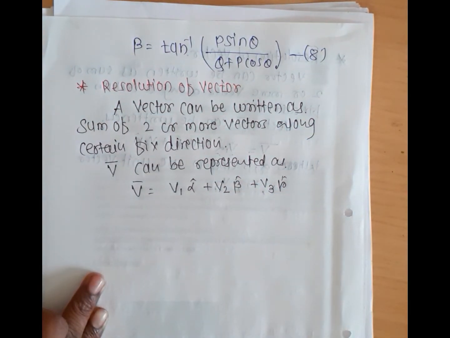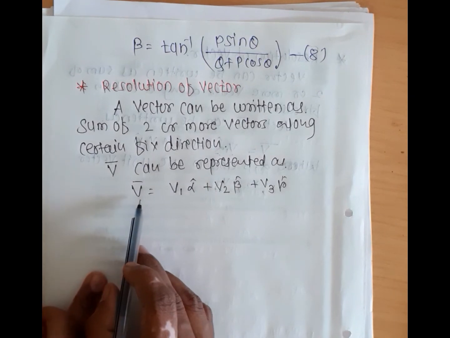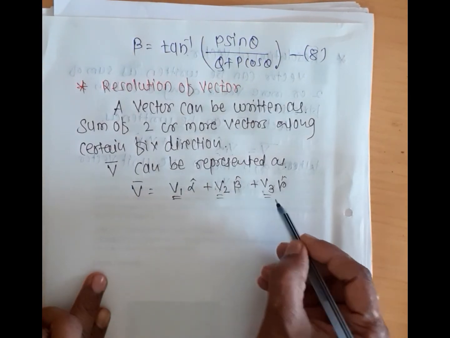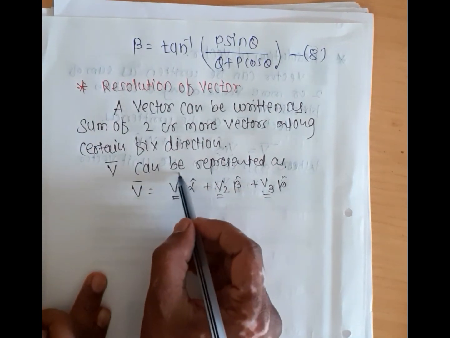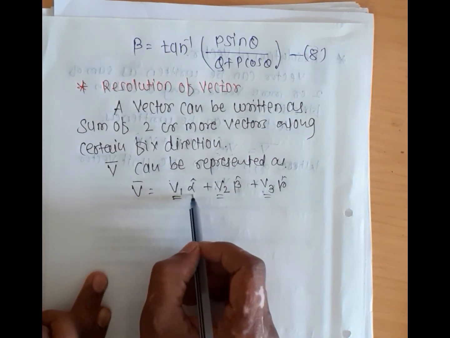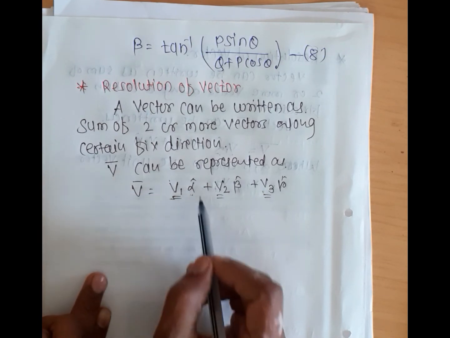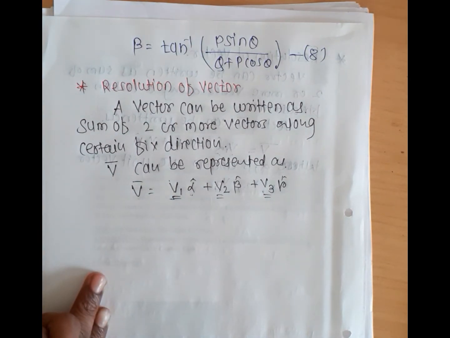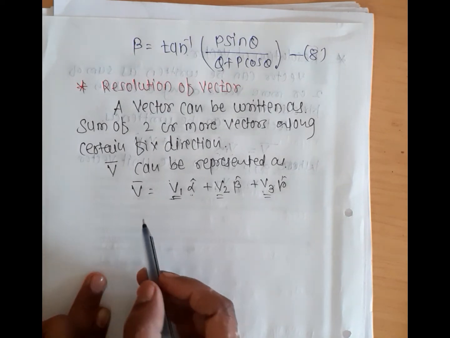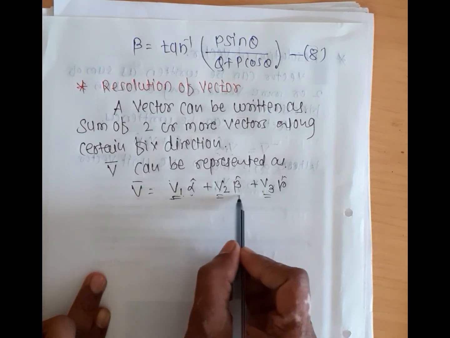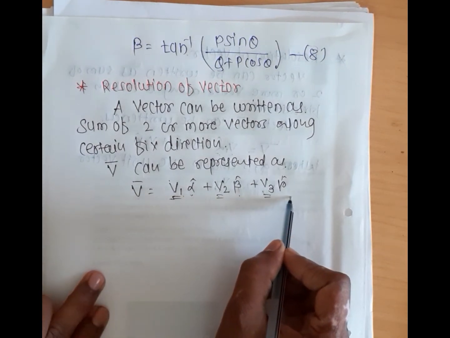So what are alpha, beta? Now here this V is split into three parts: V1, V2 and V3, and I do not write bar here because here is a unit vector. Okay, this V1 is with some unit vector. If any quantity is with some unit vector, then you don't write a bar. Okay, so V1 into alpha, V2 into beta, V3 into gamma. So what are alpha, beta, gamma?